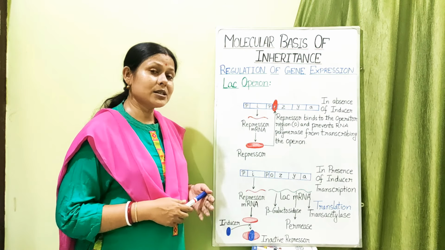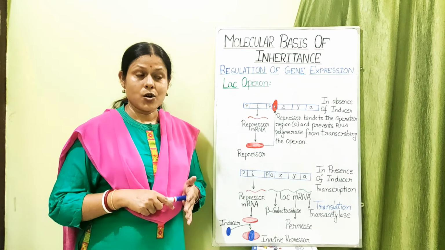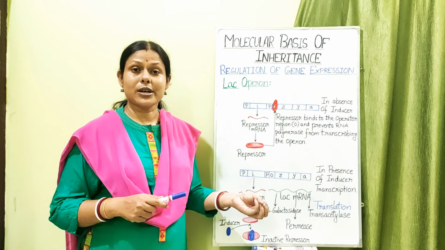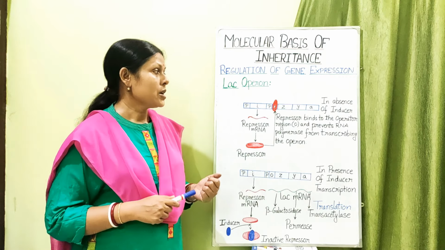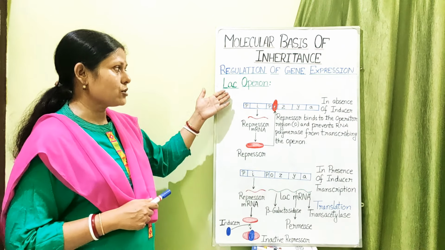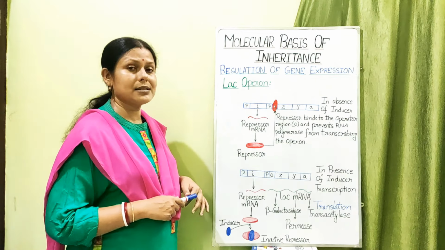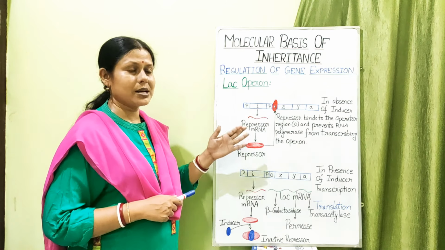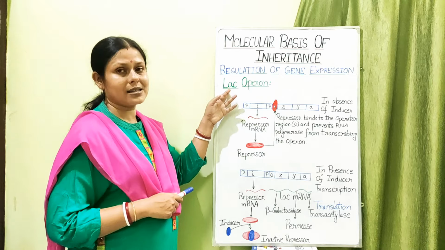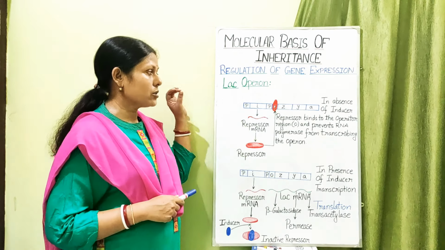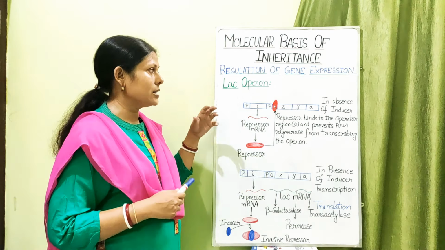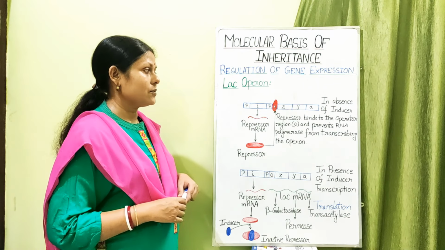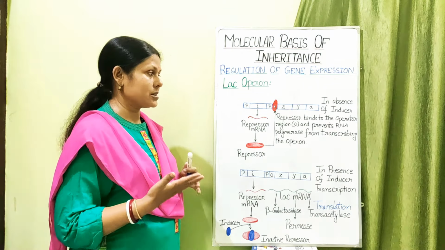So in this case, you see, the environment or the substrate is regulating the mechanism in the prokaryotic cell, which is the E. coli cell. This was proposed by two scientists, Jacob and Monod, and it is more commonly known as the Lac Operon. The word lac has come from lactose, and operon means the operating system, that is, how lactose will be utilized by the E. coli cell when the substrate present in the environment is lactose.